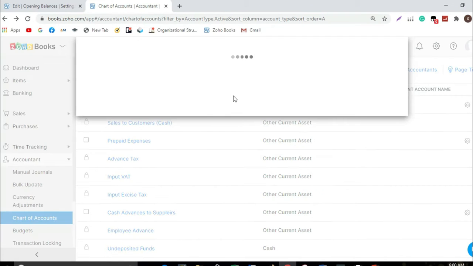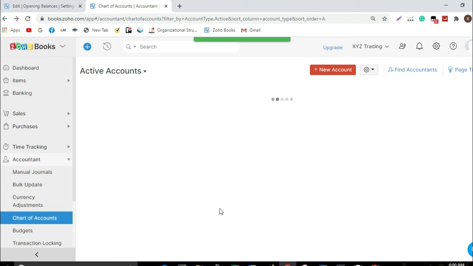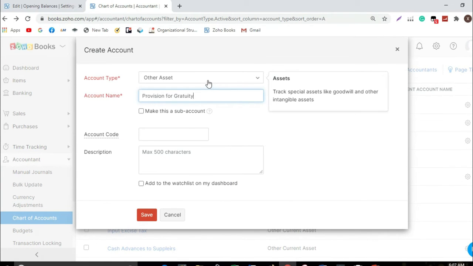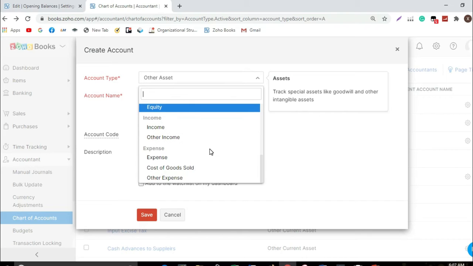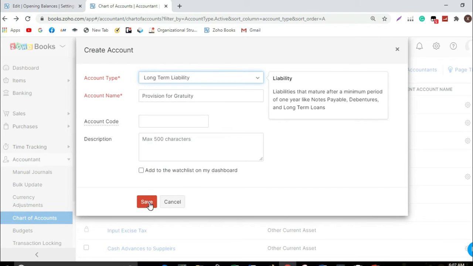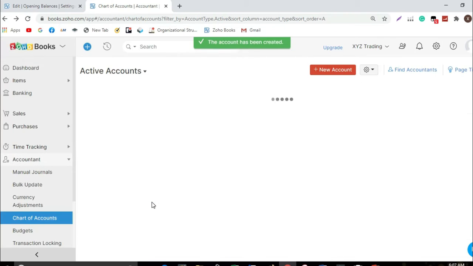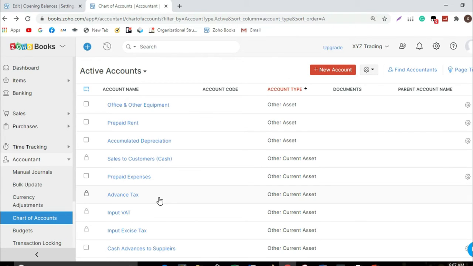The last example: it's the account type, account name, and that's it. One more. Later, if we have an entry and select a specific account name, it will directly go to its specific account type. As I've mentioned before, account types either fall in the balance sheet report or the profit and loss statement.